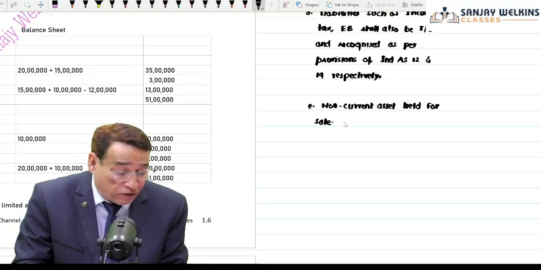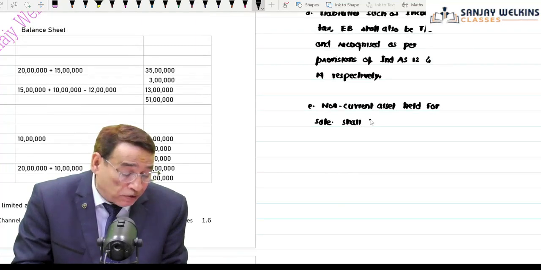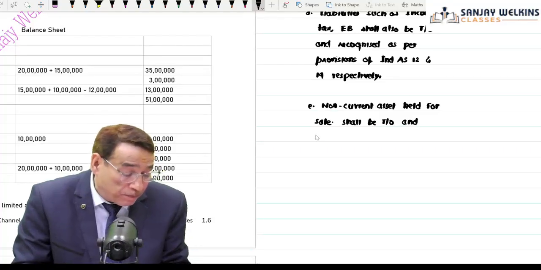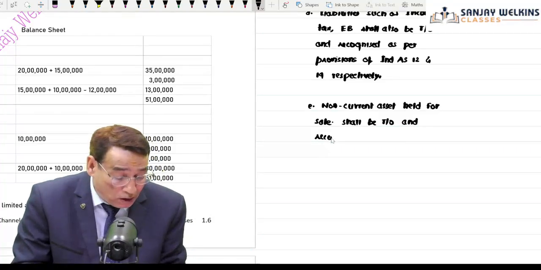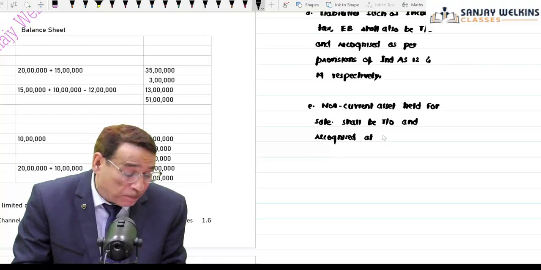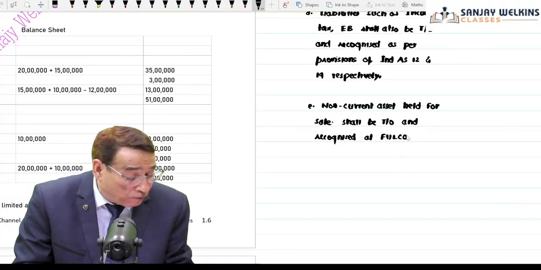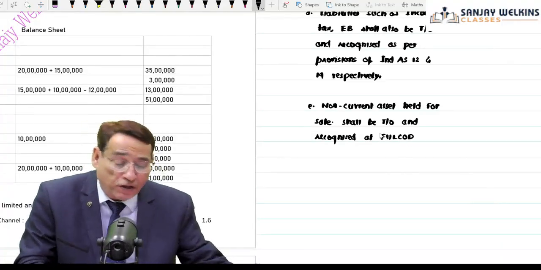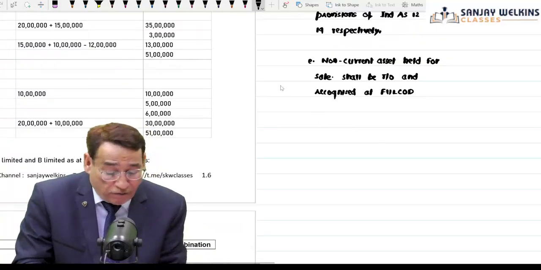Non-current asset held for sale shall also be taken over and recognized at fair value less cost of disposal. FVLCOD means fair value less cost of disposal. And one more thing,